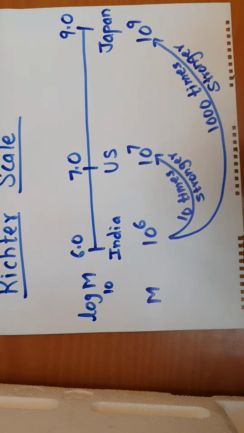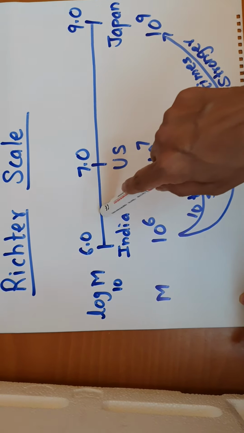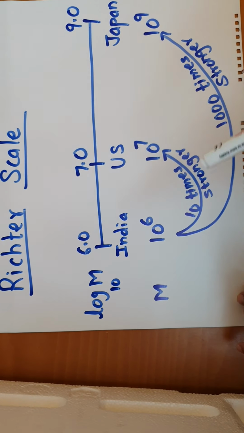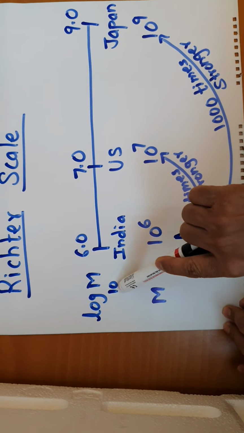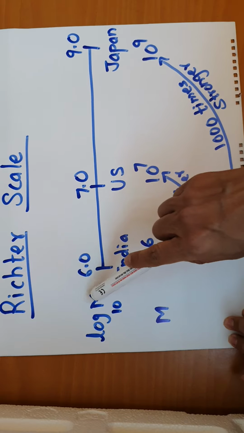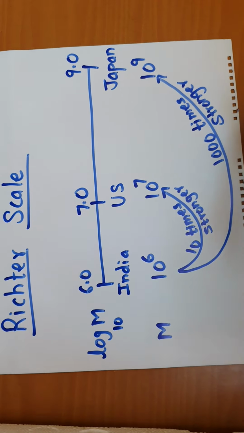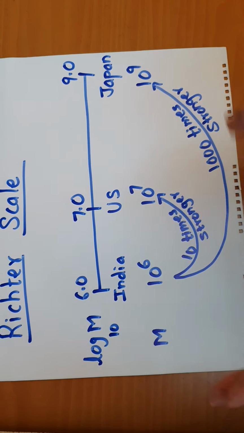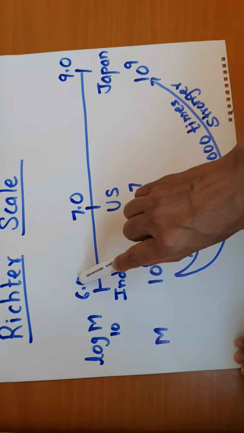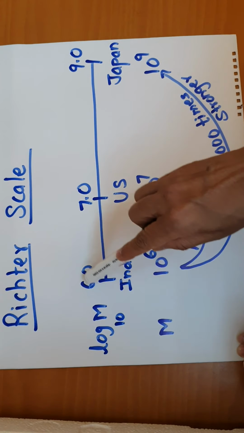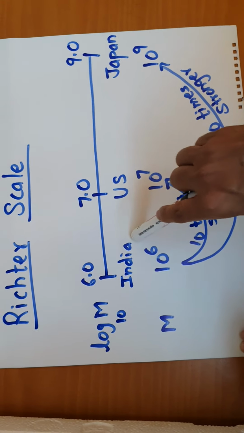6, 7 and 9, these are not the original numbers showing the earthquake. 6 is shown on the Richter scale, and we know that the Richter scale uses logarithms to the base 10. So 6 must be log of some number to the base 10. So log of m to the base 10 is 6. We will not worry about what m is. We are not going to get into details of that. We will just compare the earthquakes in different countries. So log of m to the base 10 is 6, which gives us 10 raised to power 6 must be m. So the value of m is 10 raised to 6 in case of India.